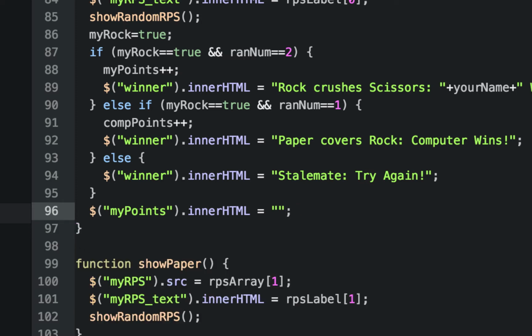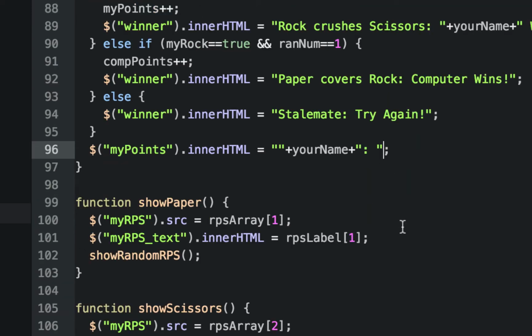I'm going to start off with a string with nothing, and then I'm just going to put your name, the variable, and that'll have to have a plus, because remember, you have to use a plus to combine strings and variables. And I'll do a plus again. And then I'll do quotes, and I'll put a colon, so it'll be whatever your name is, a colon, and then a space, and then I'm going to have to do a plus again,